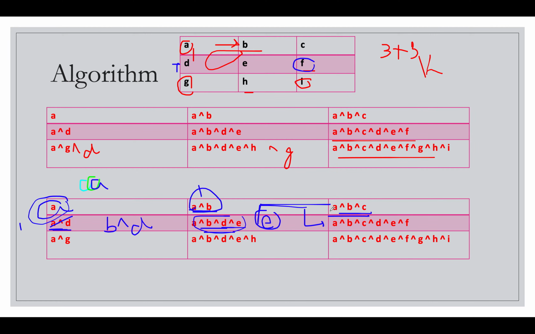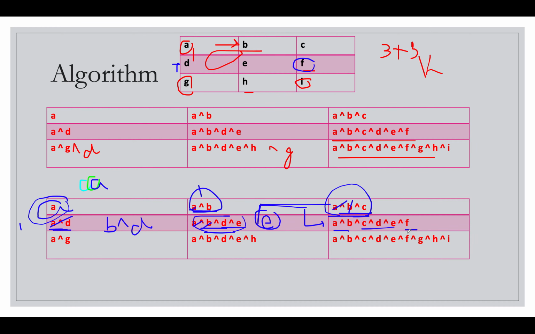Let's try this. If I XOR these two values, AB gets cancelled, and we have C, D, and E. So you get C, D, and E from here. F is the value at this index, and from the top left value you get A and B. Hence the value is complete.